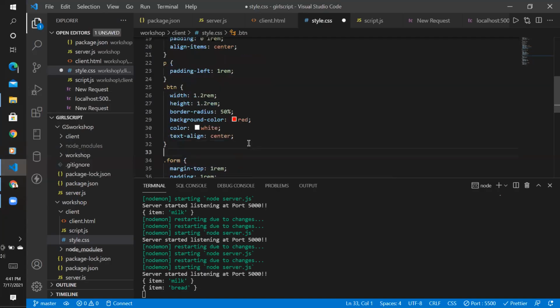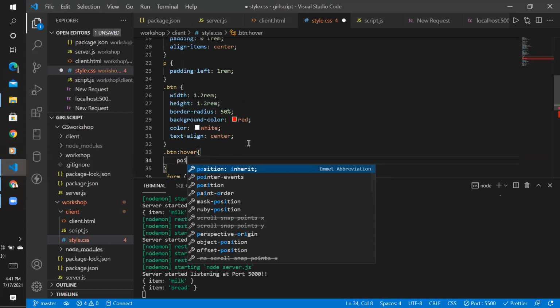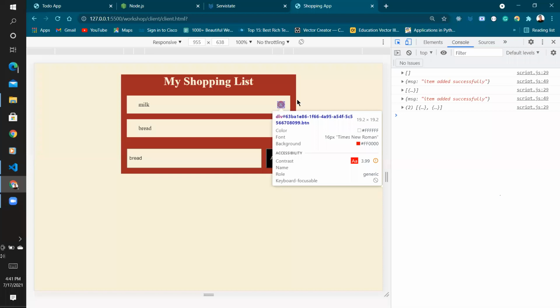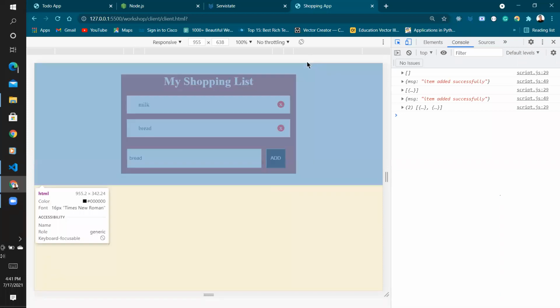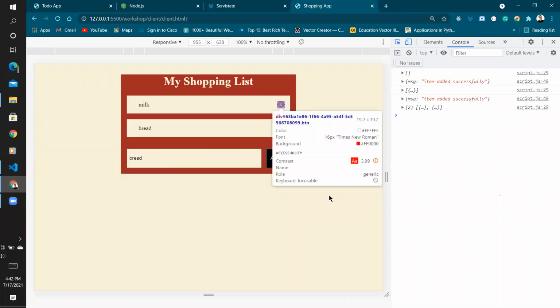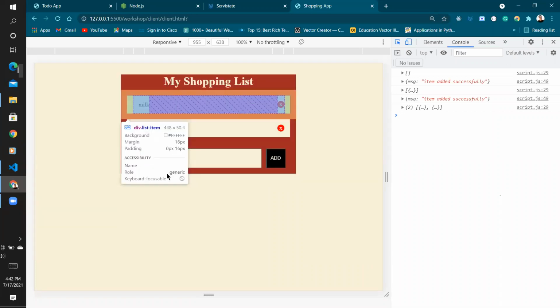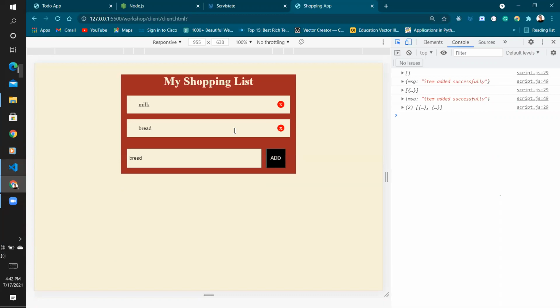Also one thing, .btn and .cover: cursor pointer value. So whenever we hover over this, it will be a pointer. And this is in the inspect Chrome's web developer tools, so it won't show. Okay, this looks good, right? The only task left is to delete the item, and then we have successfully built our